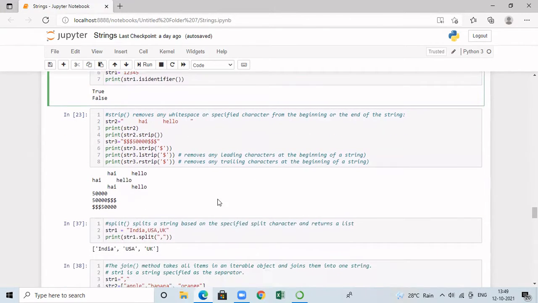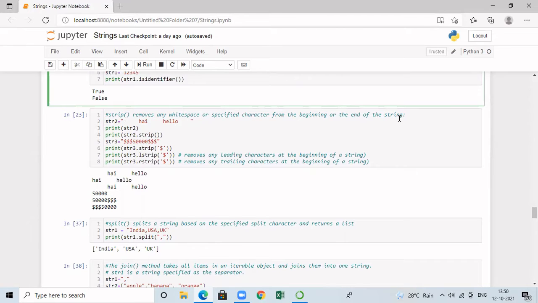So the next function we are going to focus on is the strip function, and this particular function is going to remove any white space or otherwise any specified character from the beginning or end of the string. This is generally used to remove unwanted characters at both ends of the string. If we have any character in the middle of the string, this function is not going to remove it.